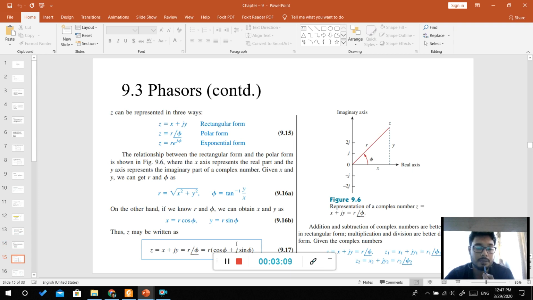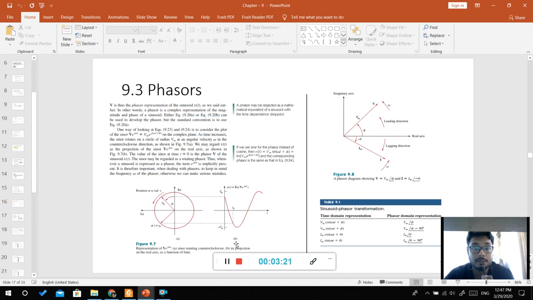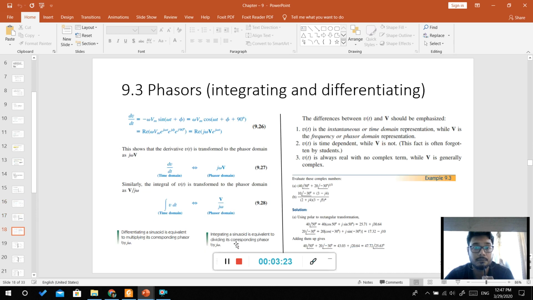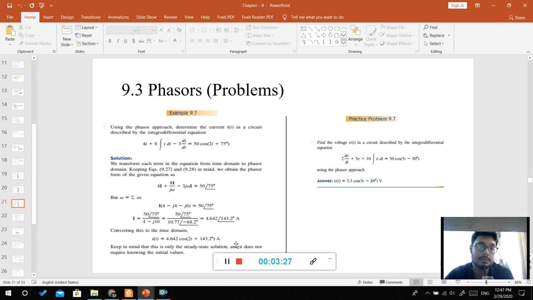But with phasors we can always have a simple approach and simple solution to the problems at hand. We've seen phasor operations. We've done some phasor problems,